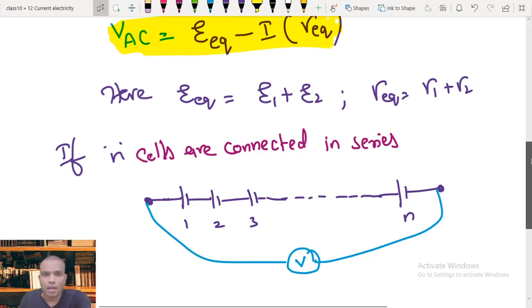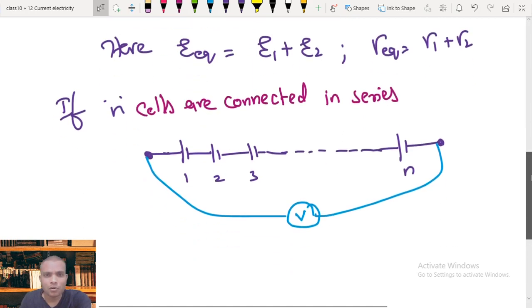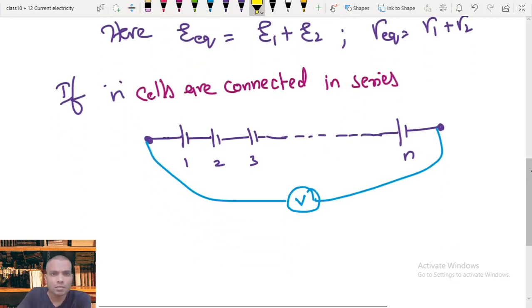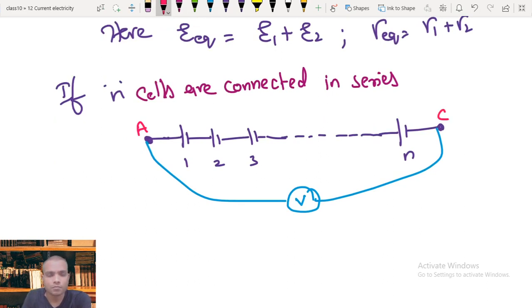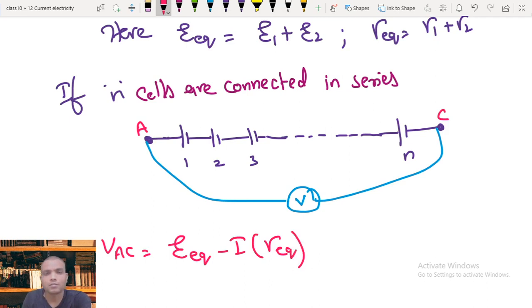Suppose I take these two points as A and C, the potential difference between the two points A and C is equal to the EMF of equivalent